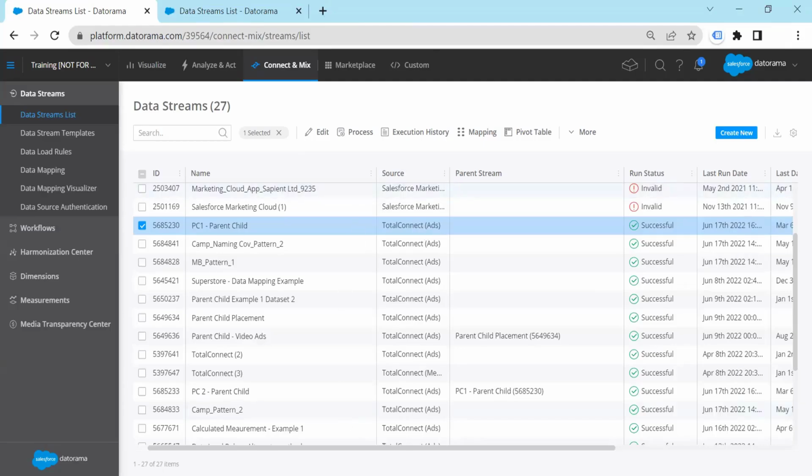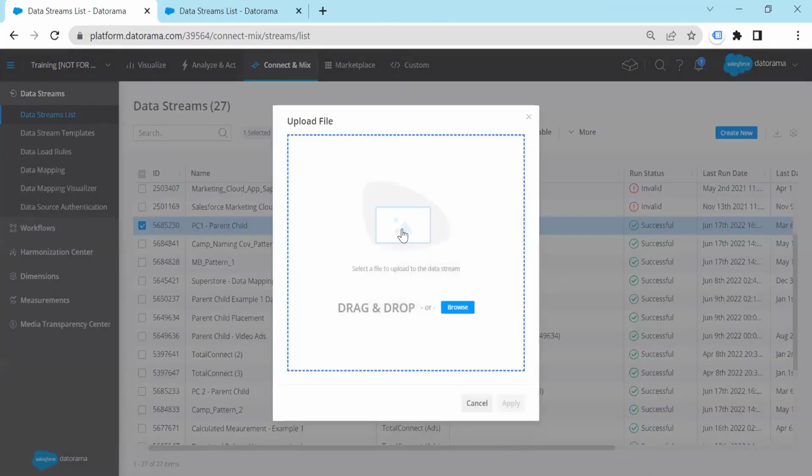Say, suppose this is your Excel and you have updated 3 or 4 columns beneath this, for 4, 6, then 5, 6, then 6, 6, then 7, 6, then 8, 6, and you have added them in here. And then you want to upload it in the same data stream. So how do you do that? You don't create a separate data stream again and again. But if you go to process and select a file, drag or drop,